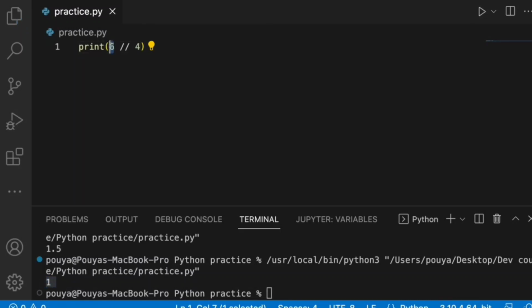So if I use, for example, 9 and 2, we will get 4. But if we divide it normally, we will get 4.5. So it will round this number down to 4. So these were the arithmetic operators that we have in Python. That is why Python is the favorite language for mathematicians, because there are a lot of things that they can